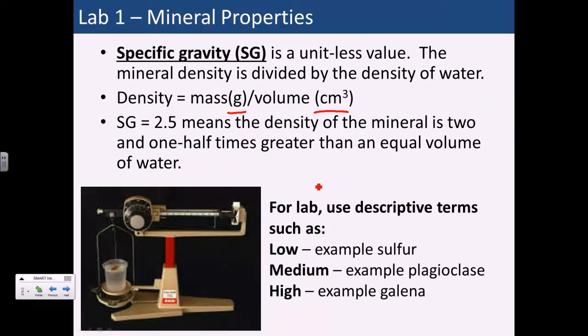Now, water is 1 gram per centimeter cubed. That's its density. So if we take grams per centimeter cubed divided by grams per centimeter cubed, it's equal to nothing. I'm just putting an X there because all of these units in this situation cancel